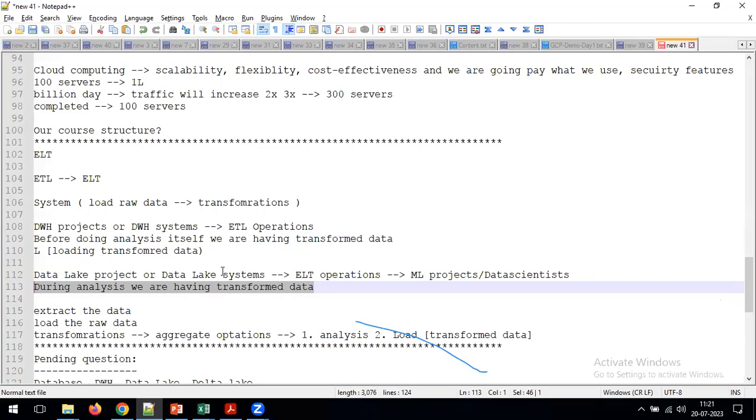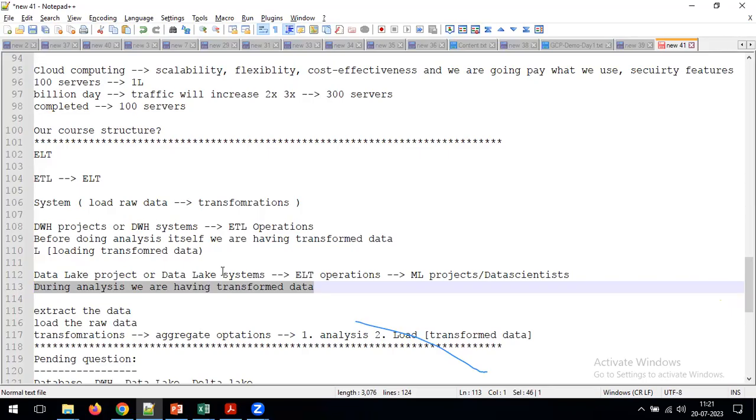No, yes, we'll have the original data. What I'm telling here is that we are going to have 2 storage systems. In one storage system, we are going to maintain the raw data as is. In the second storage system, we are going to maintain the aggregate data. Now you tell me, are we deleting the raw data here? No, right? This is the answer for when we are going to maintain 2 storage systems.